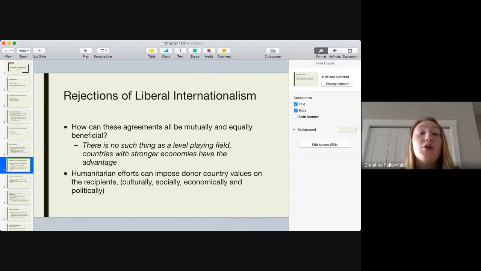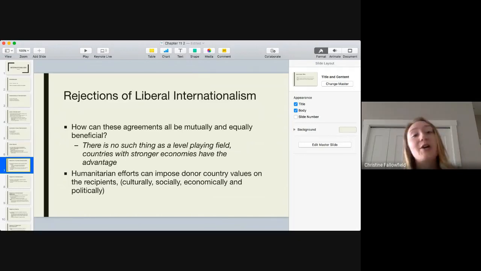So we know that there's no level playing field. Some countries have a lot of resources and a lot to invest, and others don't have as much. We know that if everything's mutually beneficial, you're giving as much as you're getting, which isn't going to be the case if you're an industrializing nation working with an industrialized nation. You just have different resources and different qualities to bring to the table.